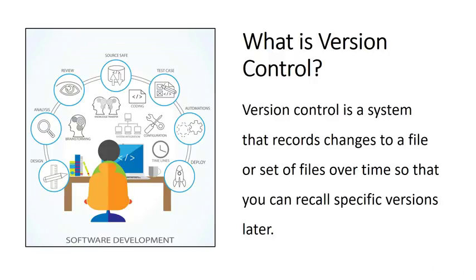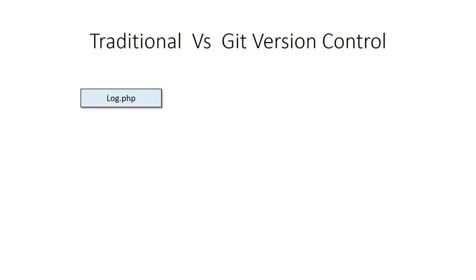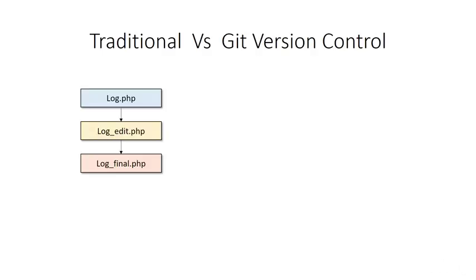I'm going to give you an example of the old traditional version control versus the Git version control that we're going to discuss in this course. In the traditional version control, for example, we have a file called log.php. That is a file that we create. It's not in production, it is in development mode. And then we need to update the feature, right? After we update the feature, it becomes log_edit.php. After we add the feature, our manager likes it and says, okay, go ahead and deploy it to production. Before we deploy it, we create that file, and it becomes